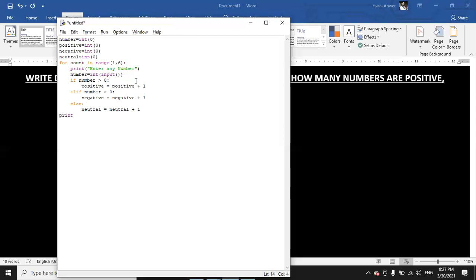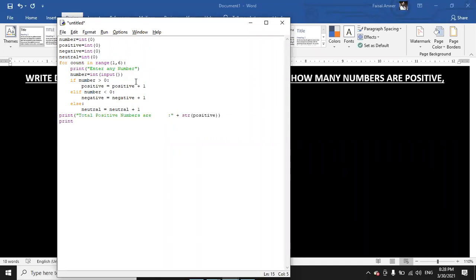I shall print the strings. Print "total positive numbers are", plus sign used for concatenation with a string, and it will be positive.